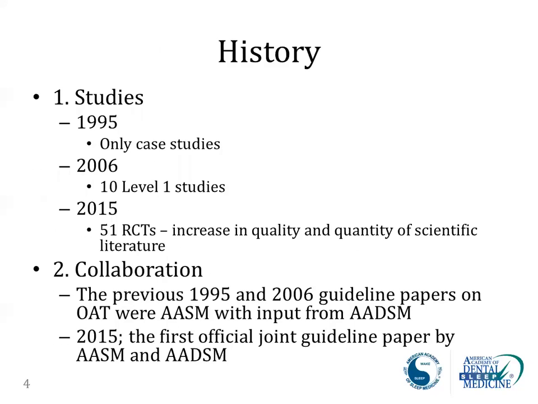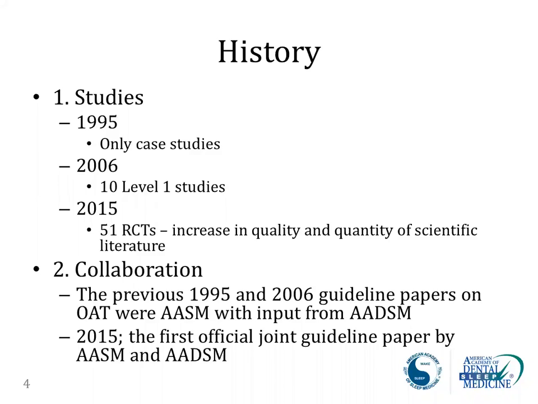So let me just in the next couple of minutes touch upon the history and the reason why we went ahead and updated our 2015 practice guideline paper. So the first reason is based on studies. If you look at the first practice parameter that came out in 1995, there were only case studies that were used to make the practice parameters. Within 10 years, there was a little bit of increase in the literature within oral appliance therapy, and we had 10 level 1 studies that helped us to make the practice parameter recommendations in 2006. In the next 9 years, you can see that we had a significant increase in the quality and quantity of scientific literature. In fact, we had 51 randomized controlled trials,